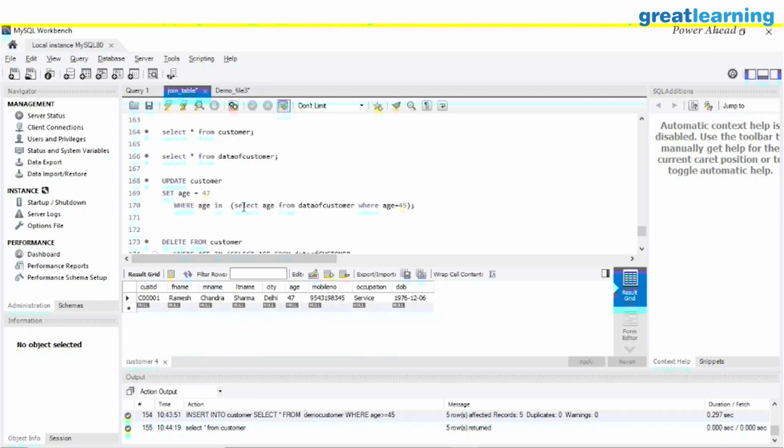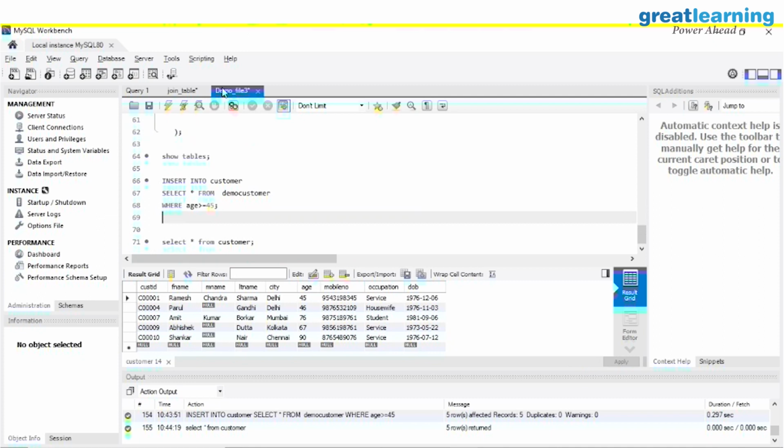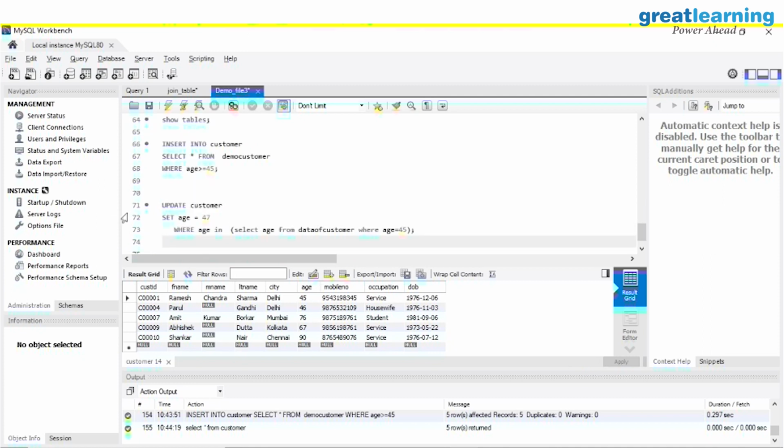Now we are going to use the update command. Maybe I want to update the age. So in that case, what you need to write is update. Basically whatever commands we have learned so far, I am just trying to use those commands in subquery. If you look at the query, you can see there are 2 particular parts in your subquery. In some cases maybe you will have 3 queries at a time.